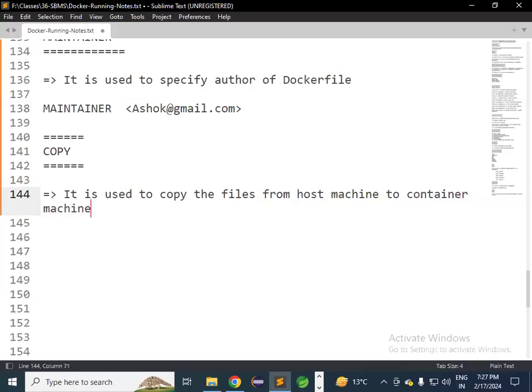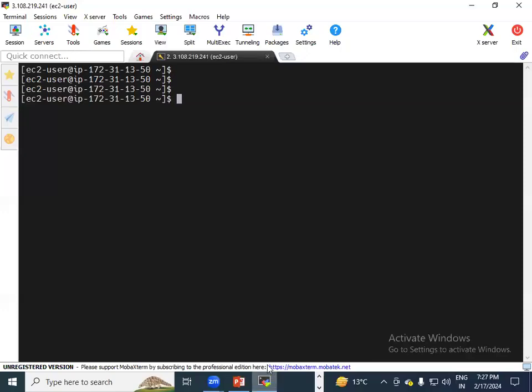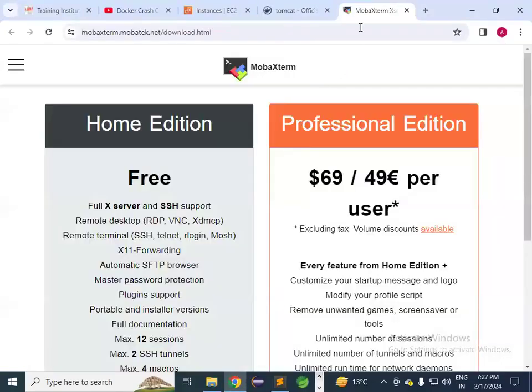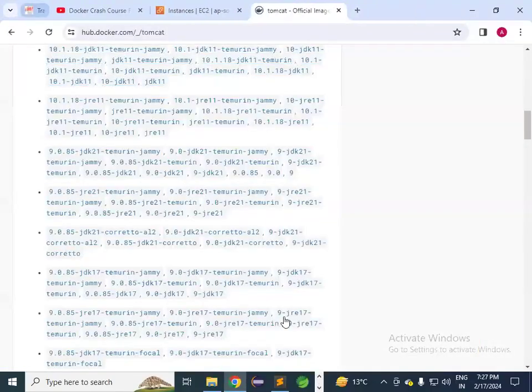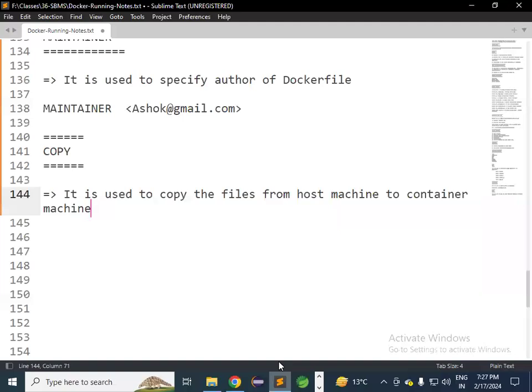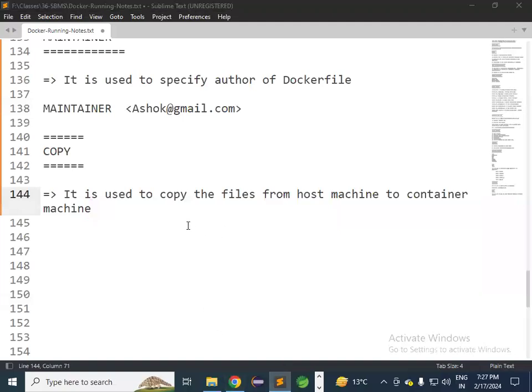It is used to copy the files from host machine to container machine. Here my application code will be available on the host machine. I want to copy that code into the container machine. My project has a war file. The war file is available in the host machine, but where should that war be executed? Inside the container. So to copy the files from host machine to container machine, we are going to use a